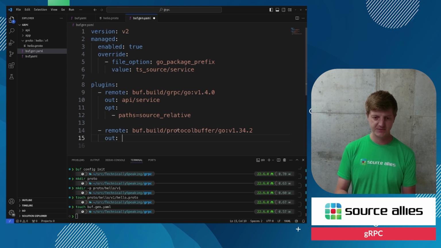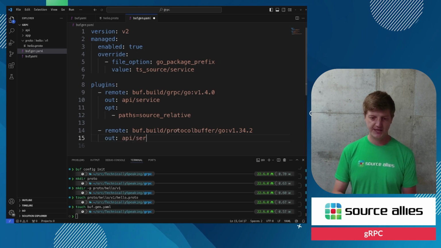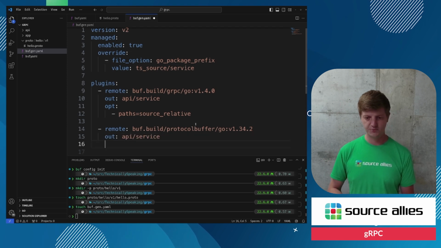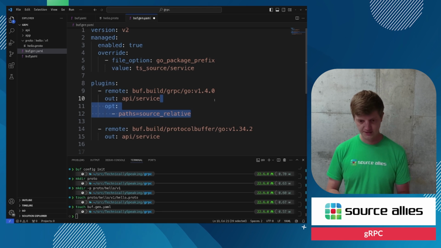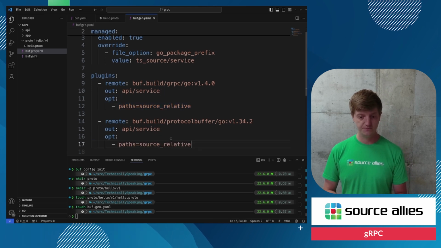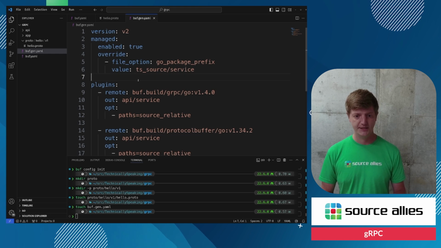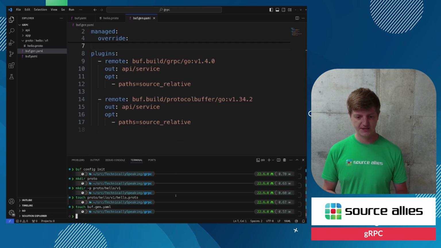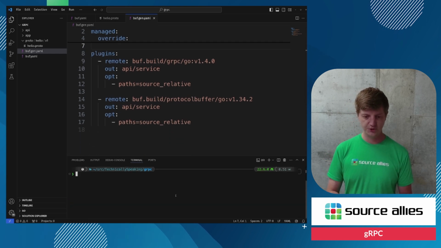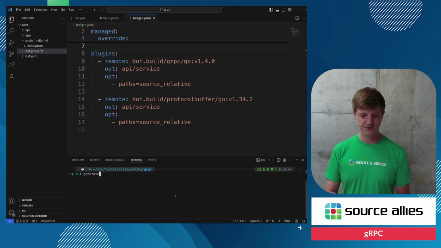And it's got the same secondary options. We want to put it in API and service, and we'll give it the same option here because this is still Go code. So there we go. So now we've got our buf code gen file defined, and to work with that, we'll run buf generate, and